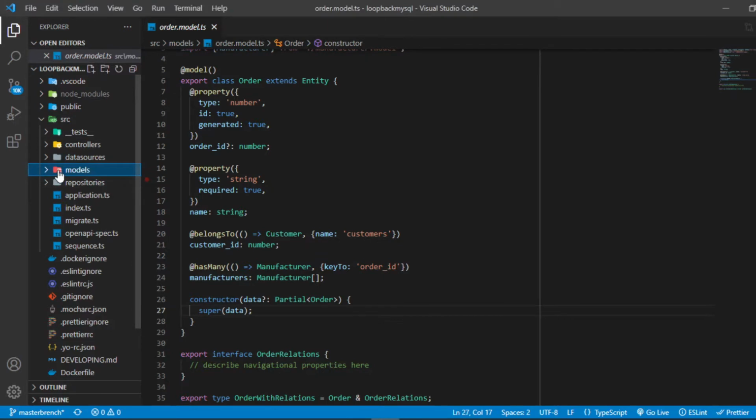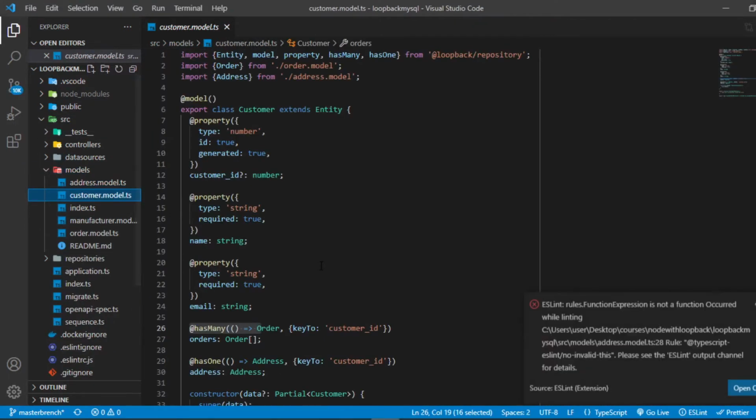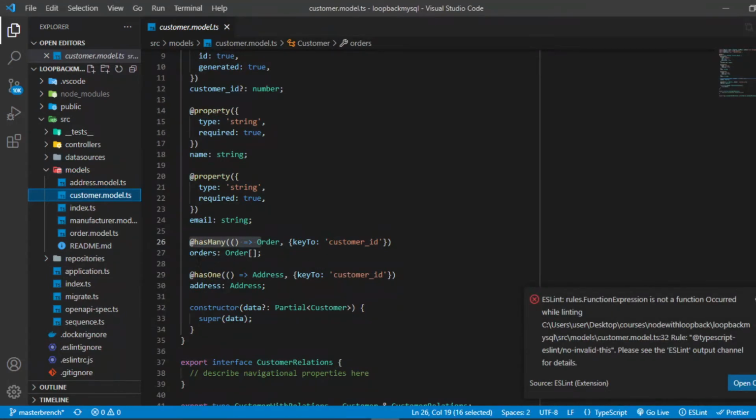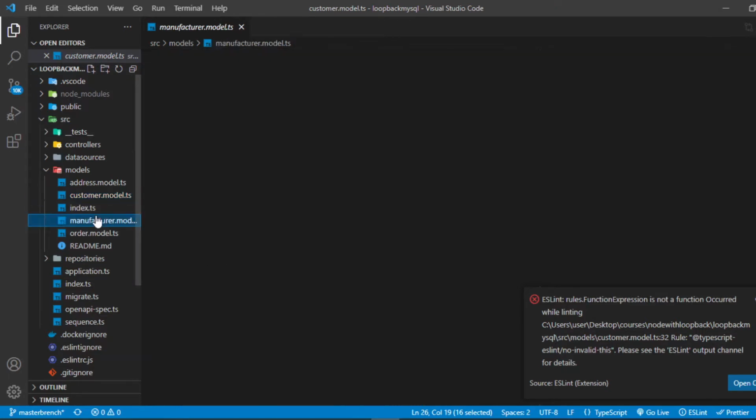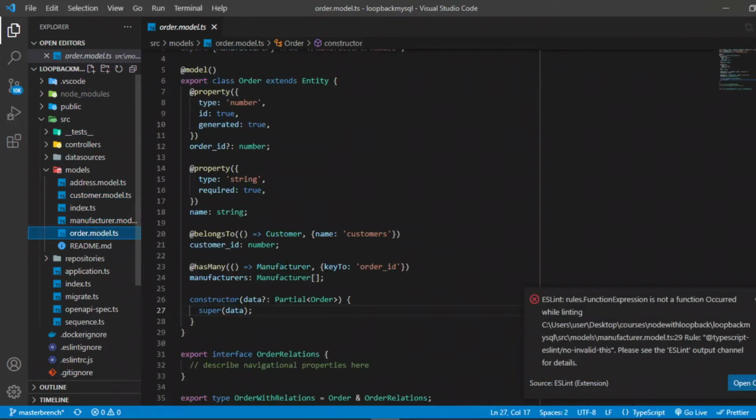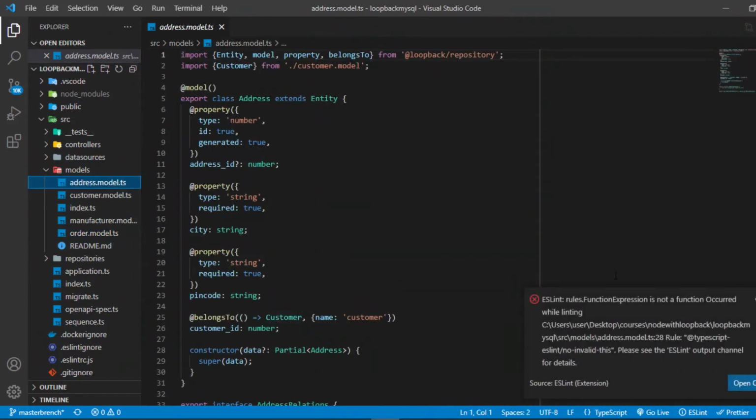So if you go inside customer dot models, then you will have this has many, then has one. Like customer has two relationships right now, one with orders and other with address, and this order has also two relationships, one with customer and another with manufacturer, right? And this address has only one relationship, that is with customer. Okay,